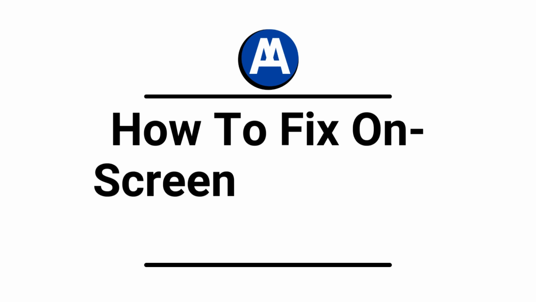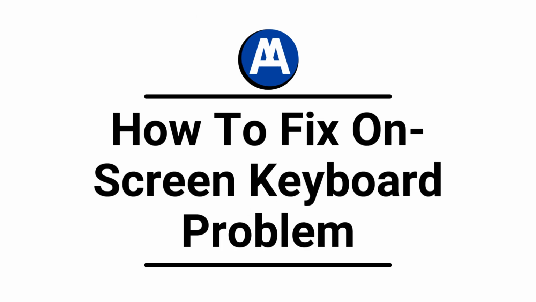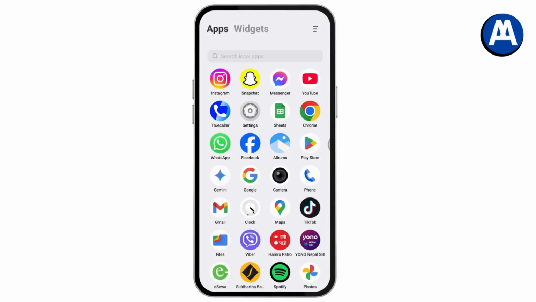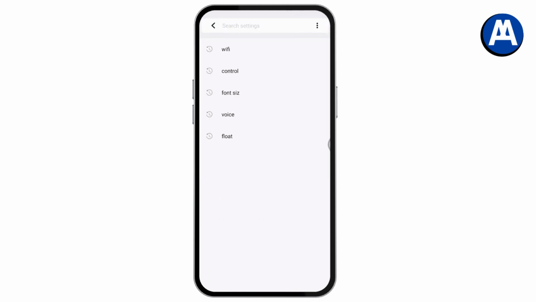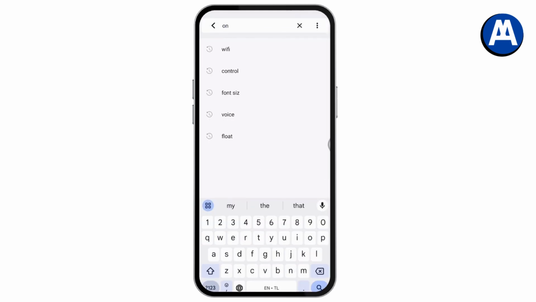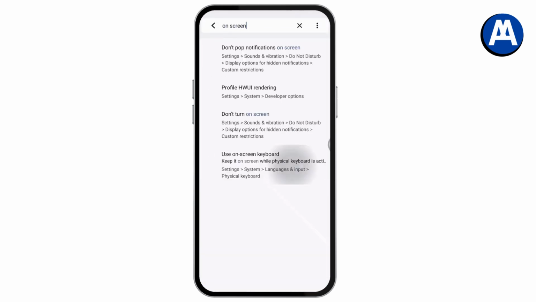How to fix on-screen keyboard problem. So if you want to fix your on-screen keyboard problem, then first you need to open up your settings. Once you open up your settings, now you just need to simply go to the upper right, which has that search icon, and under search, now you just need to simply search for on-screen keyboard and tap on the on-screen